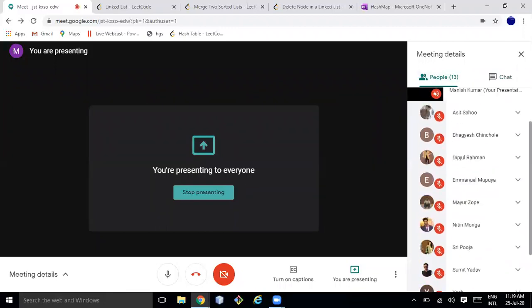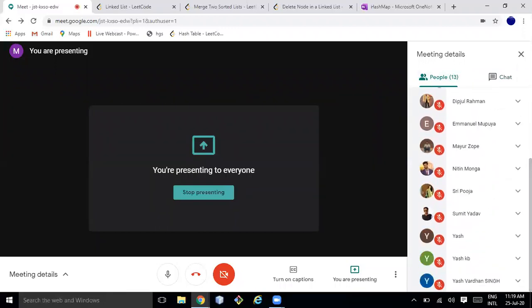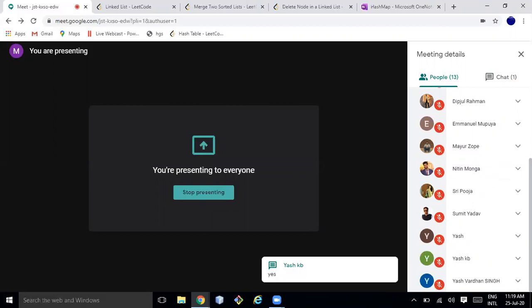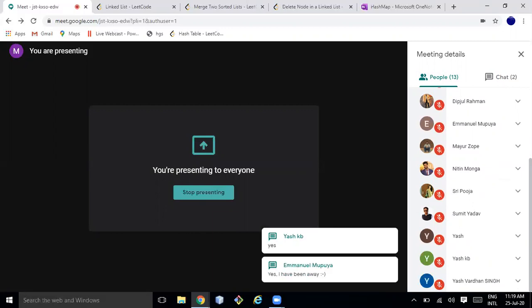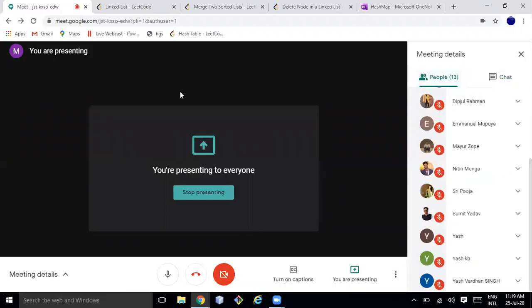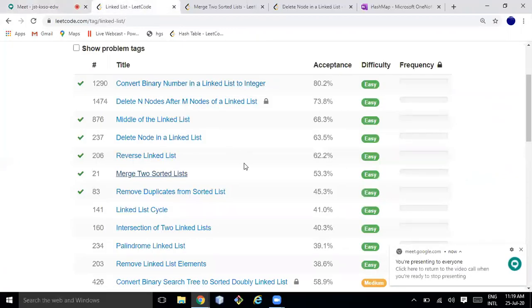So this is how we handle the linked list problem. Makes sense, right? Even though it's clear, try practicing again at home. This is a very important problem. Okay, so moving to the next problem.